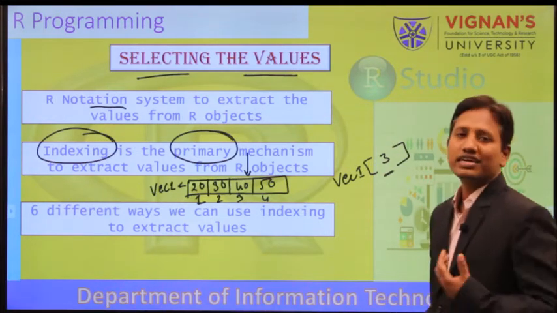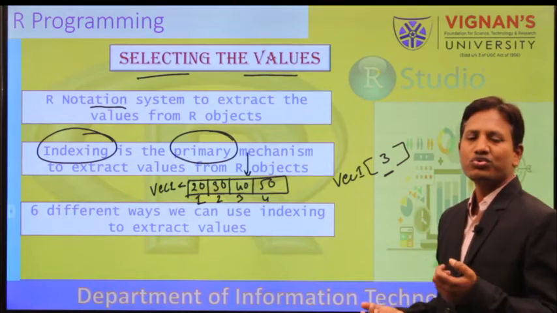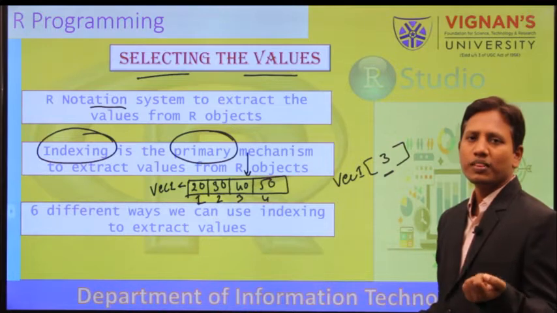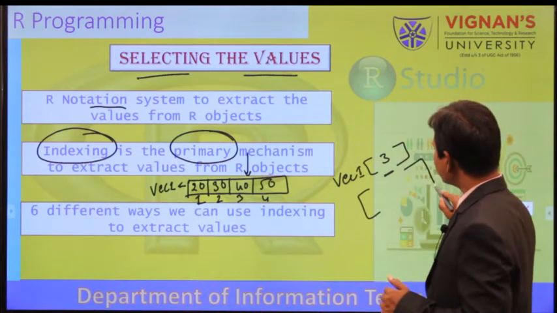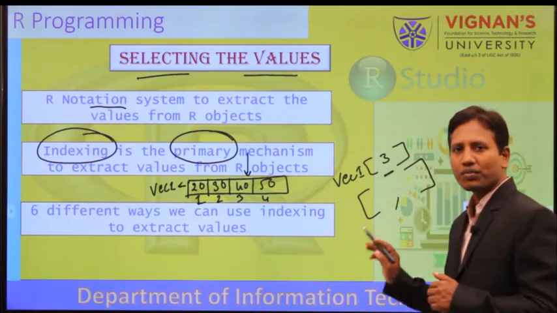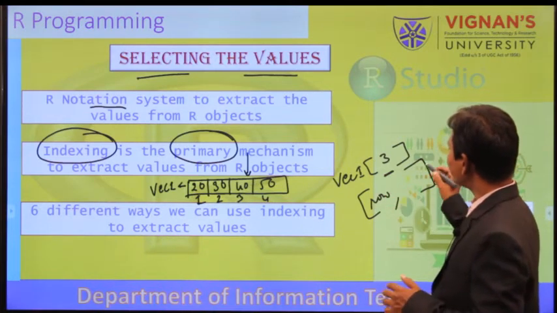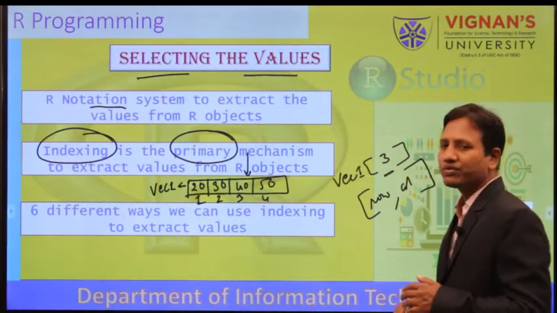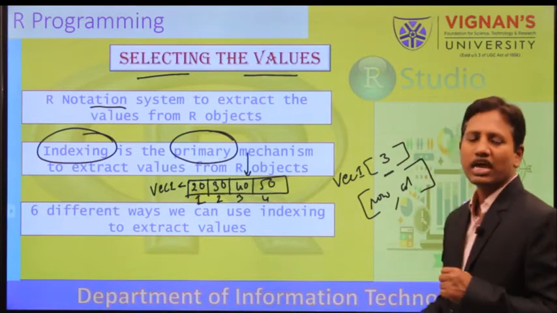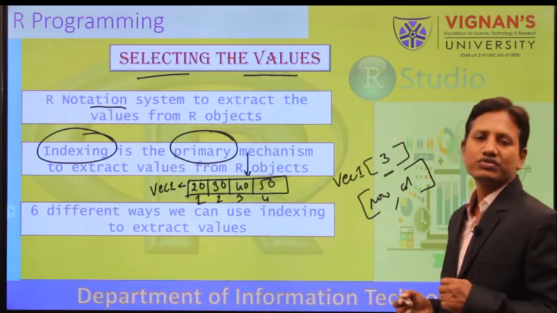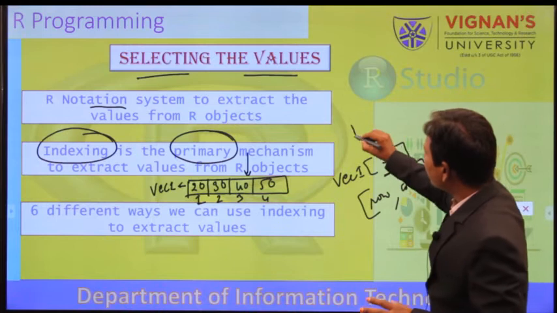And a data frame is a two-dimensional structure. So to select a value we have to use a row value and a column value. There we separate them with a comma: before the comma we use a row value, and after the comma we use a column value. The row value tells which row we have to select, and the column value tells which column we have to select. In this way we use this indexing concept.